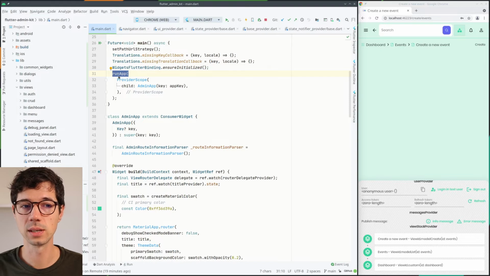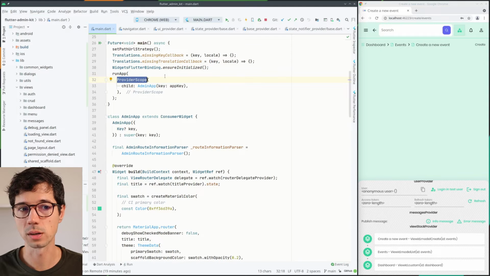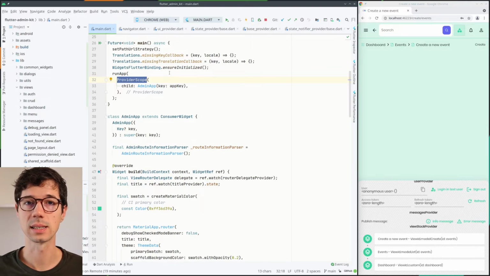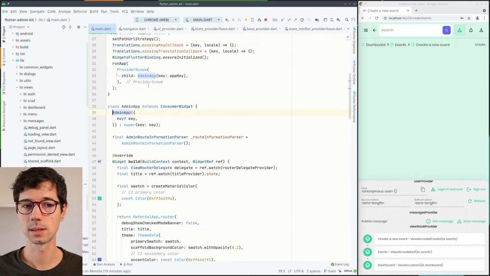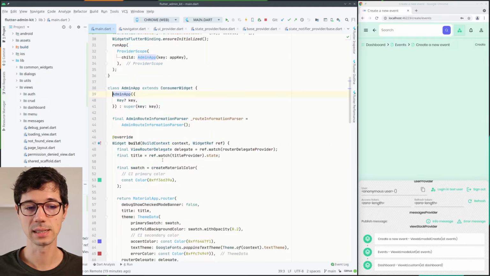So we have the usual runApp command, and the provider scope is for Riverpod. It's one of the widgets at the very root to actually enable all this watch functionality that you can use inside your consumer widgets. Now the admin app is my own class. It's a consumer widget as well. We'll see why in a second. And now the key point is down here in the build method. We're actually returning